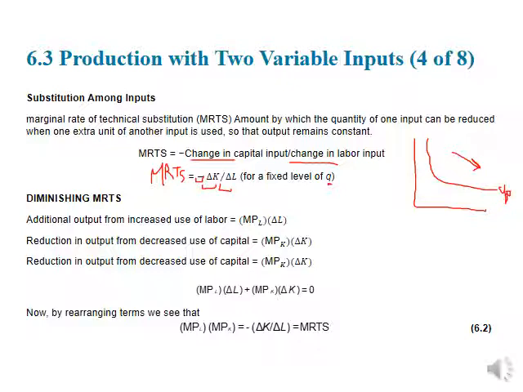What does this amount to in practice? Well, we already have terms that look like delta K and delta L. Those are our marginal product of capital, which is delta Q over delta K, and marginal product of labor, which is delta Q over delta L. So in other words, and I'm going to clean up the slide real quick,